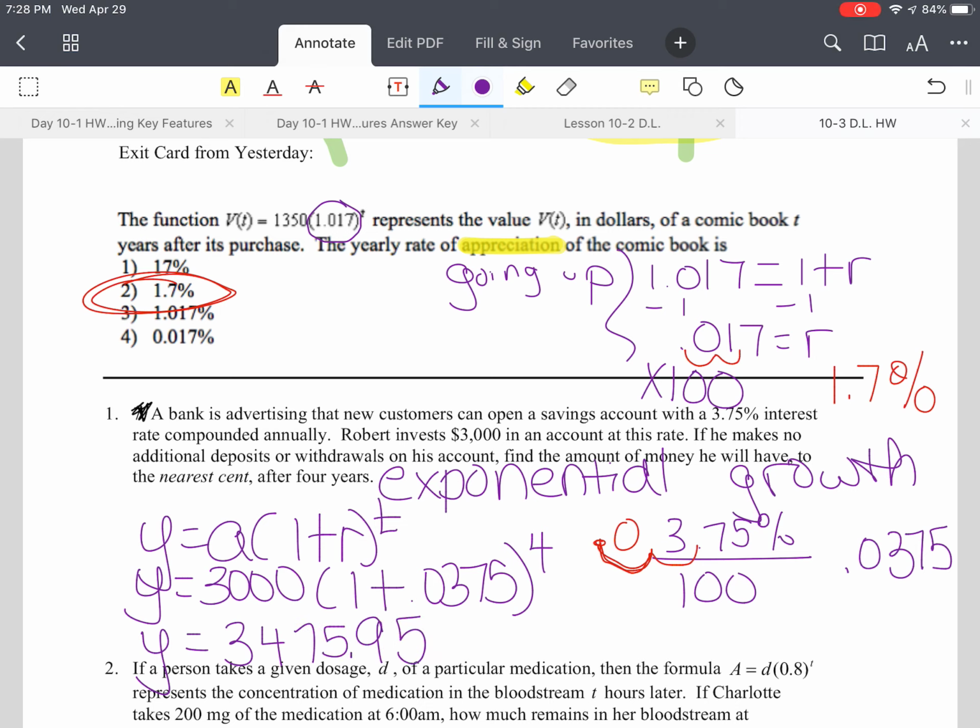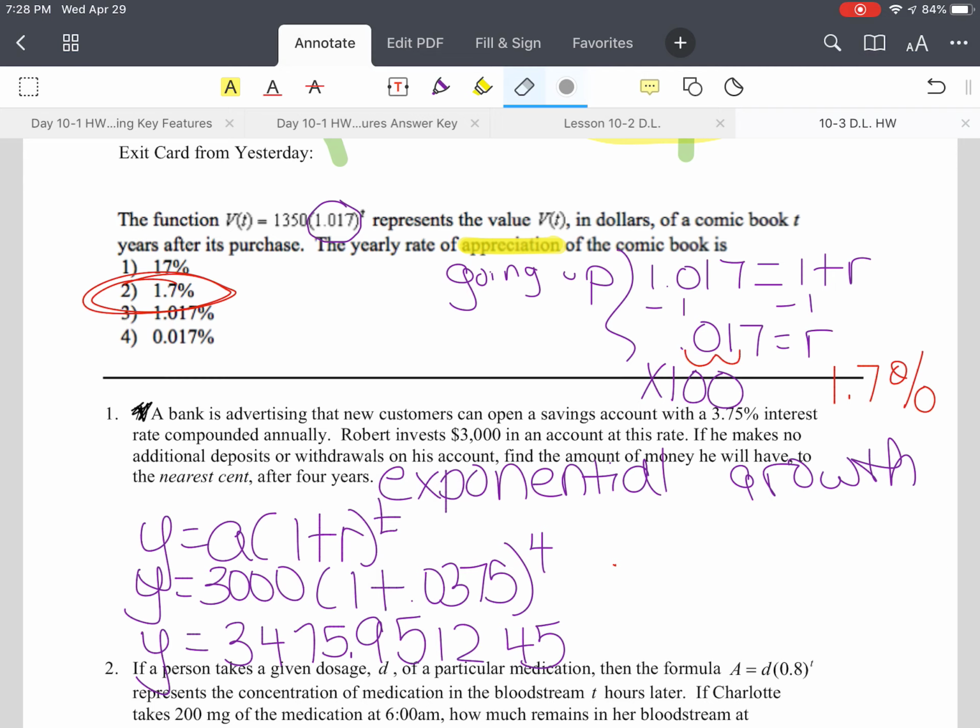Now I'm going to write out the whole number. And then I kind of ran out of room. Sorry about that. So I'm just going to erase this just so I have a little more room. And this is the correct answer,